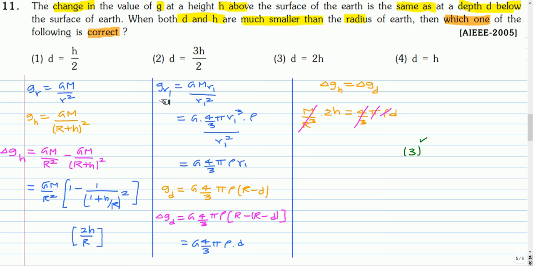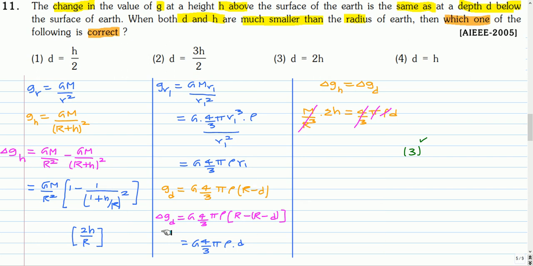And gravitational force at a depth inside the Earth's surface, at a radius r1, is GM, where M is the mass of the Earth of radius r1, divided by r1 squared. The mass of the Earth of radius r1, only that part, is volume 4 by 3 pi r1 cubed into density rho, divided by r1 squared. So from this we get g at r1 as g into 4 by 3 pi rho r1. So at depth d, r1 is r minus d, because d is the distance from the surface of the Earth. So it is g 4 by 3 pi rho (r minus d).